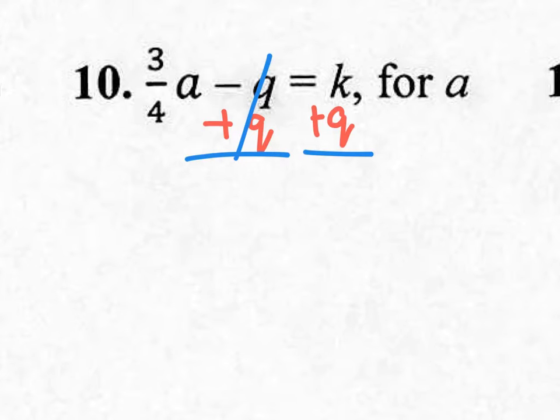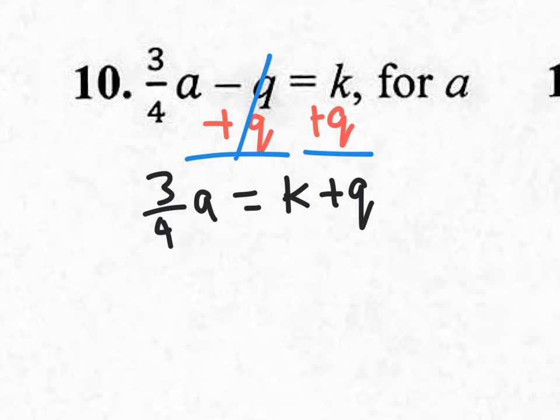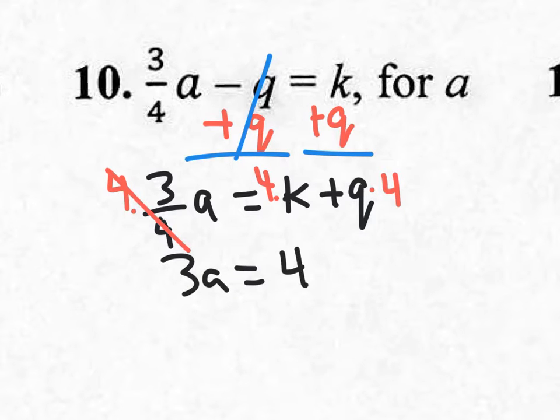Anyway, so that cancels. You have 3/4a equals k plus q, and you want to solve for a, so you want to get rid of that 3/4. We're going to multiply everything by the denominator of the fraction that we want to get rid of. Times 4 cancels. Times 4 everything. You will have 3a equals 4k plus 4q,